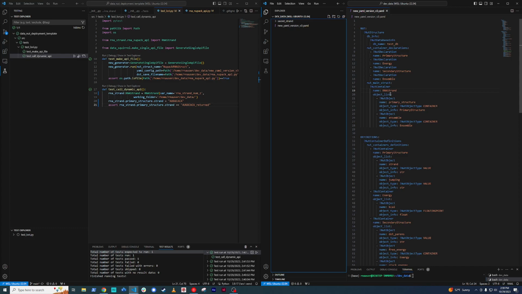So the demo here is RNA data. I'm just going to show you. I'm going to run this real quick, and then we're going to walk through building an entire Python class